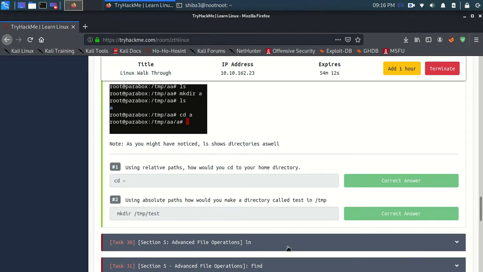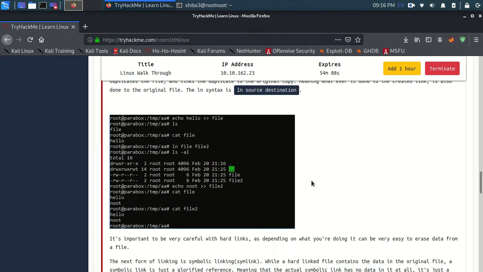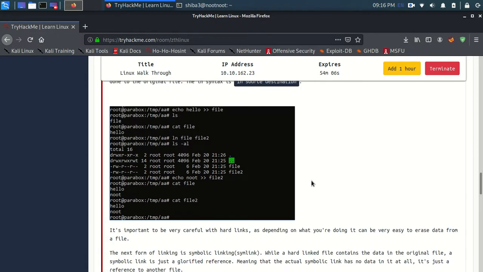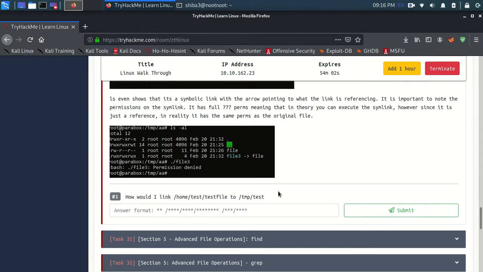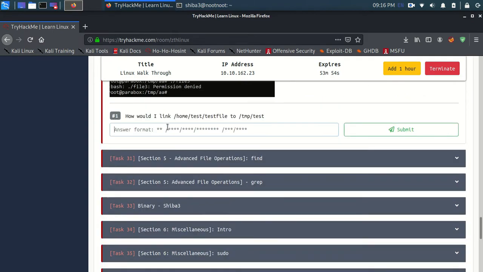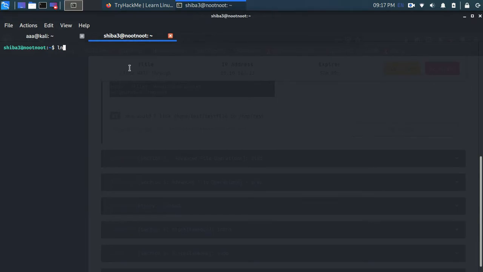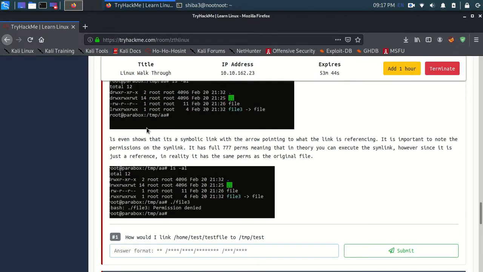Now the ln command is used for linking two files, so that any changes in the first file will be done on the second file as well. So how do I link the /home test file to /temp test? You need to type the command ln. I am not going into proper detail for linking files, because I personally haven't used that much.